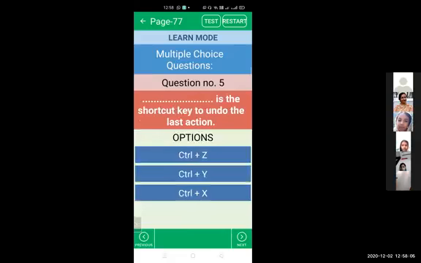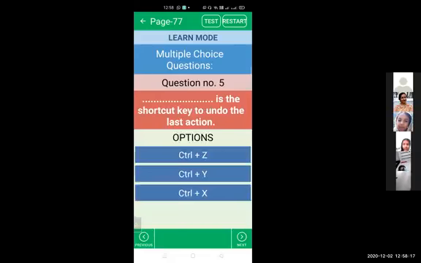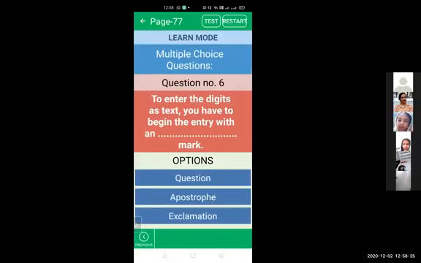Next question is dash is the shortcut key to undo the last action. To undo the last action, we have Control plus Z. Okay, we have the Control plus Z key to undo the last action. Is that okay? Next question is to enter the digits as text, you have to begin the entry with dash mark.